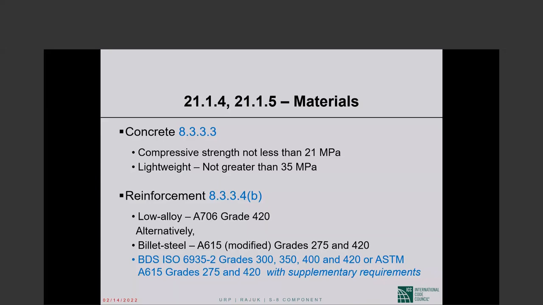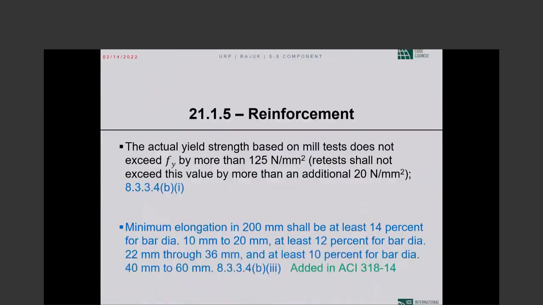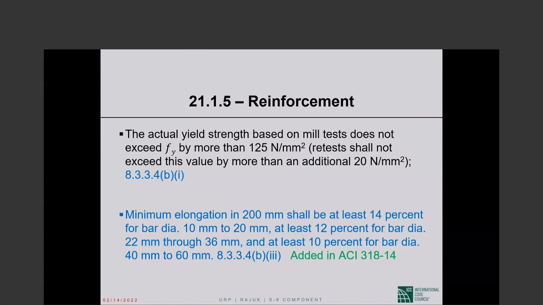So these are requirements in BNBC that are in addition to those in the material specifications. The first of those restrictions is that the actual yield strength shall not exceed the specified yield strength